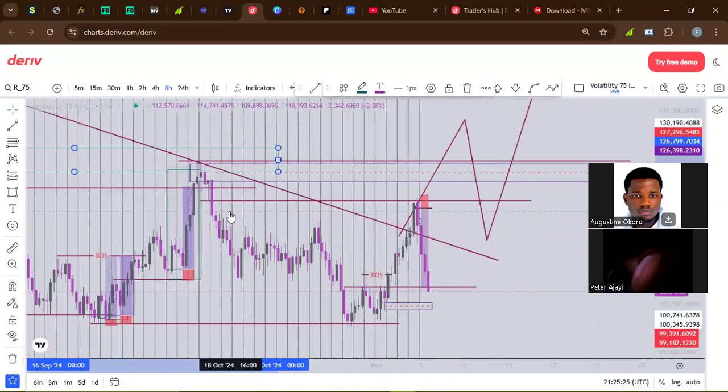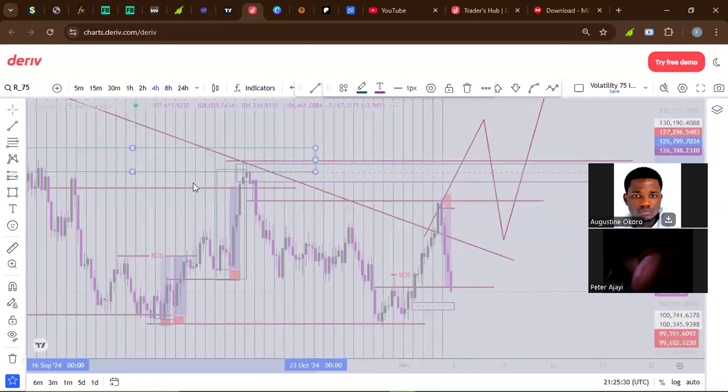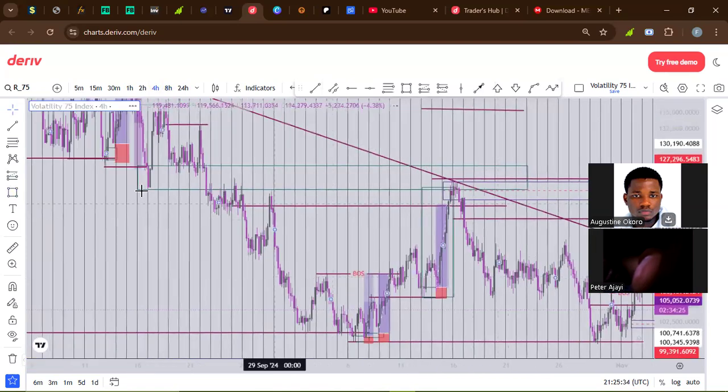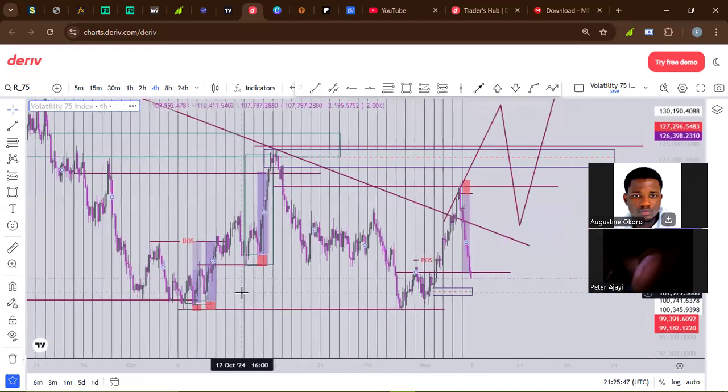If you want to swing, this is the place you should be entering from, which is the 4-hour time frame. This is the 4-hour time frame perspective, because that's a swing trade. If this is your breaker block, this is your order block. The market just took out this liquidity right here. What you should be expecting is for the market to dump. So everything just aligns. You can just use the 4-hour time frame to take the trade.